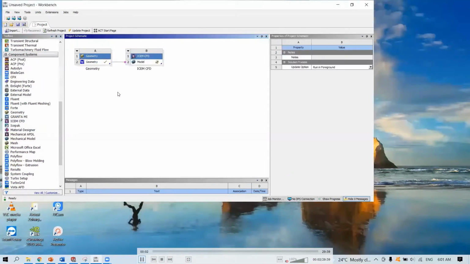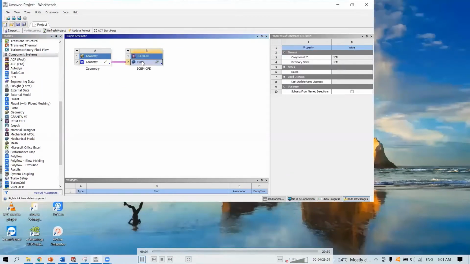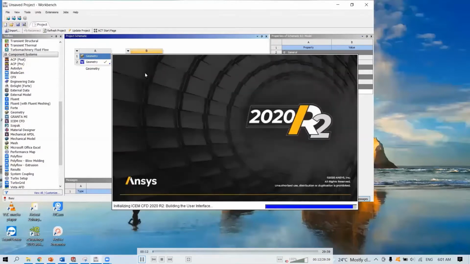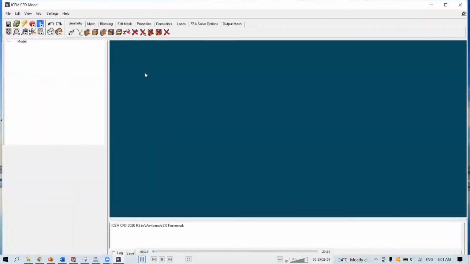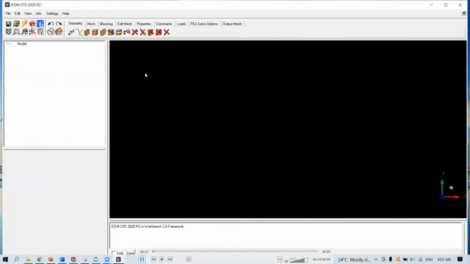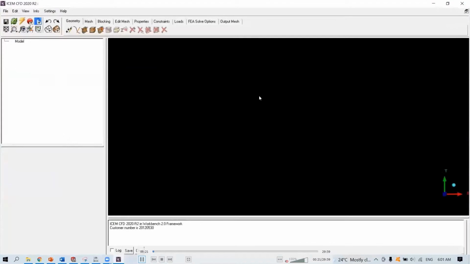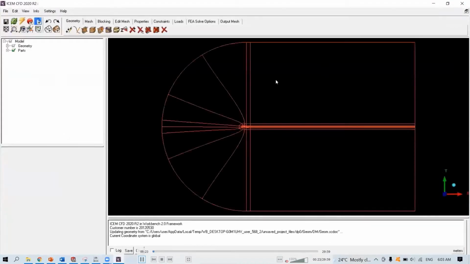Okay, you can just drag ICM, double click to open. Just wait for a few seconds to let it load. Maximize the window. Okay, there you go.